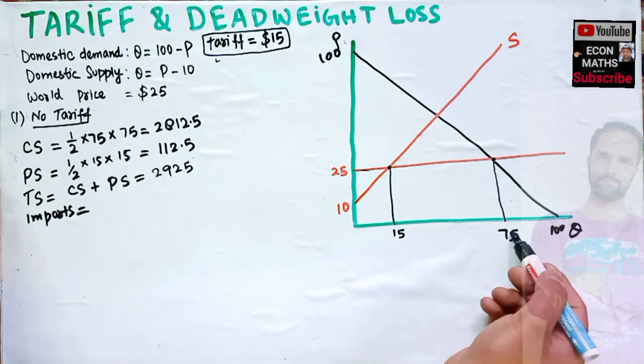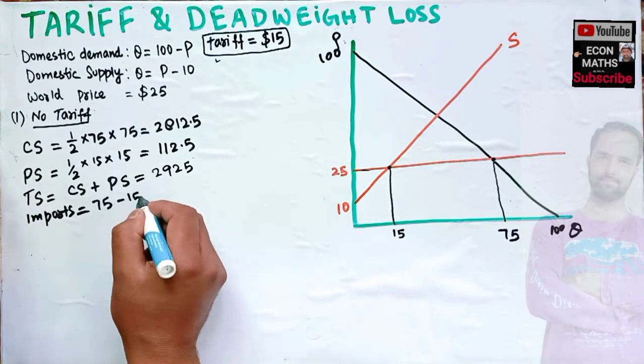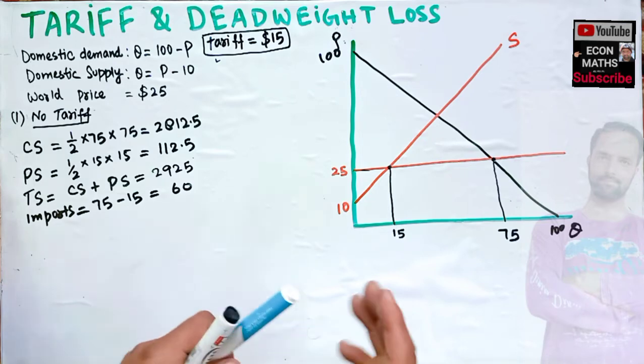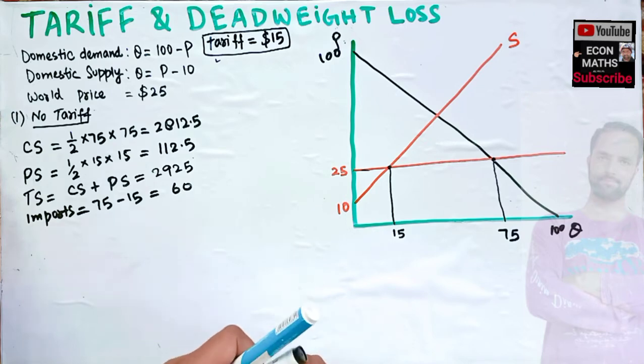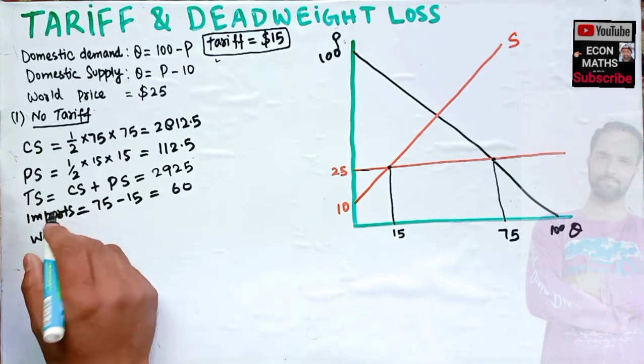Our imports is simply 75 minus 15, which comes out to be 60. So this is the situation when there was no tariff involved. Now when the tariff is being involved, let me write it here, case second,